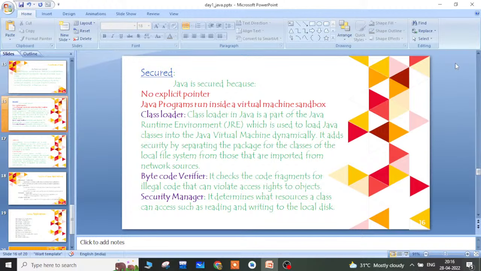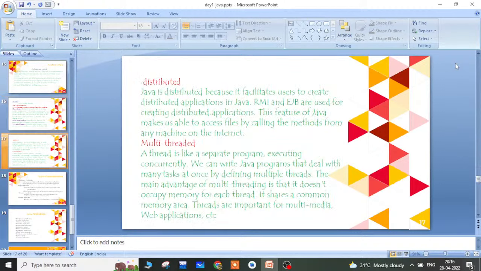And we have a security manager which will determine what resources a class can access, such as reading and writing to a local disk. So because of all these reasons, Java is a more secure language,